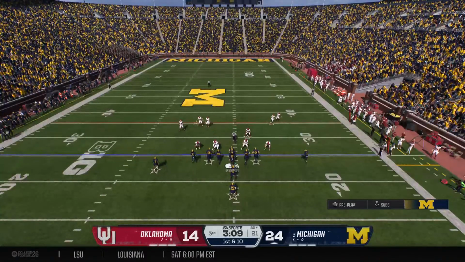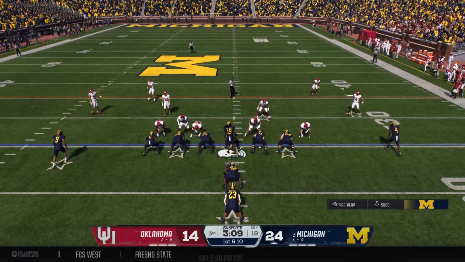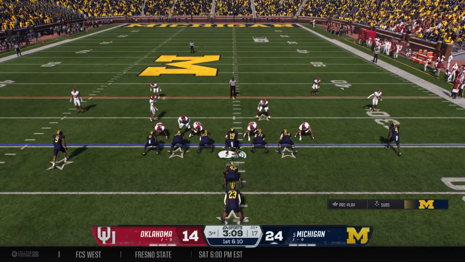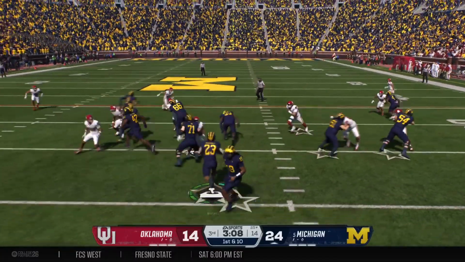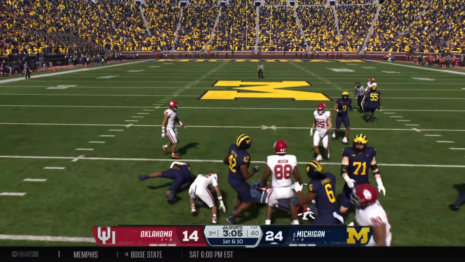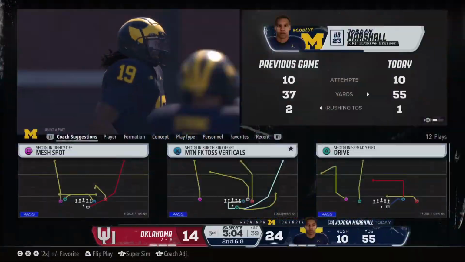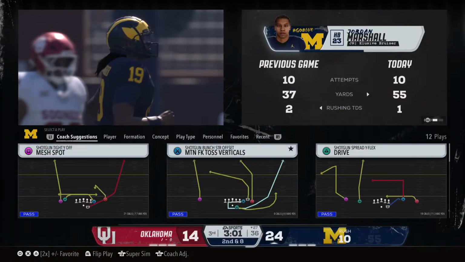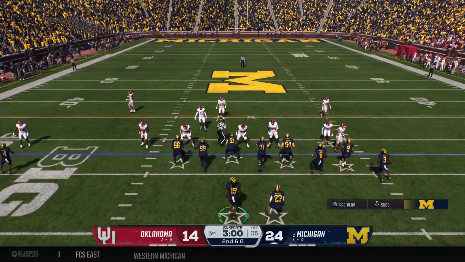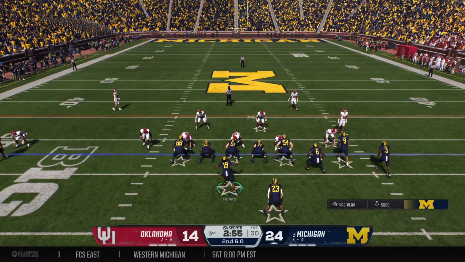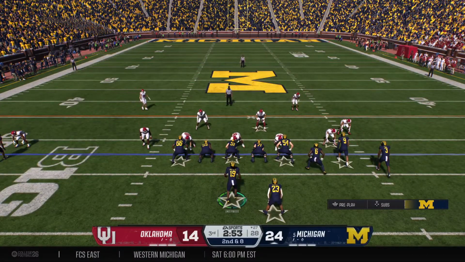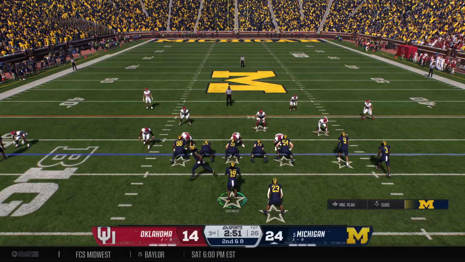All right, Michigan with a 10-point lead here. Let's see if we can maintain it. Guys in blue wing helmets on offense. What a good mix of plays, keeping that defense off balance last time, David. Jordan Marshall run in. They don't know if it's run or if it's pass. 2-yard gain. They got 'em right where they want it. This defense doesn't know how to react from getting punched in the mouth on that last drive. So on this next drive, David, I think you keep running the football because that sets up the play action, it sets up the RPO game, and then you keep this defense guessing.